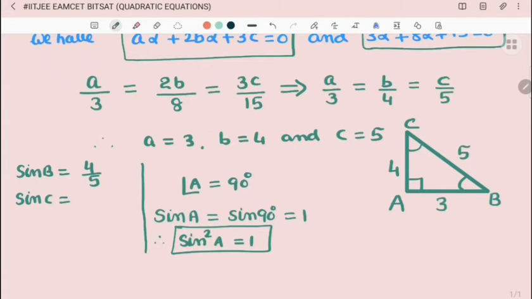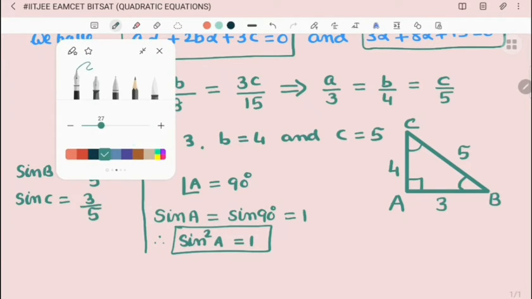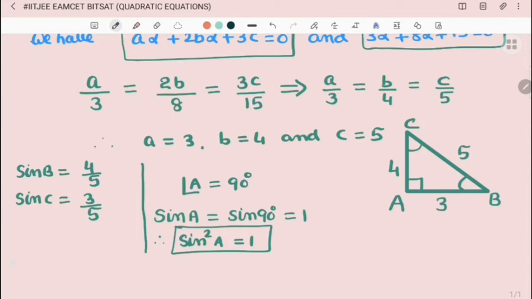So sin C means opposite side by hypotenuse. Sorry, sin C, so again 3 by 5 will come, from the figure only. So after getting the values of sin A, sin B, sin C, they are asking to calculate the value of sin square A plus sin square B plus sin square C. Therefore,